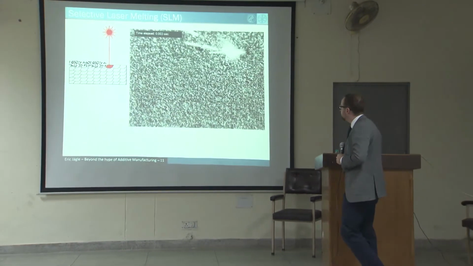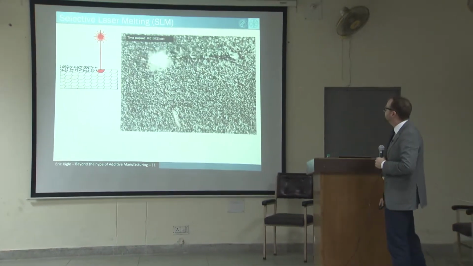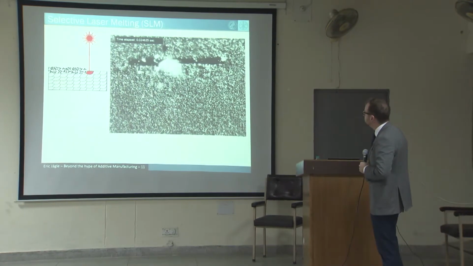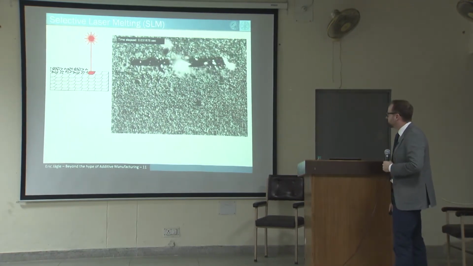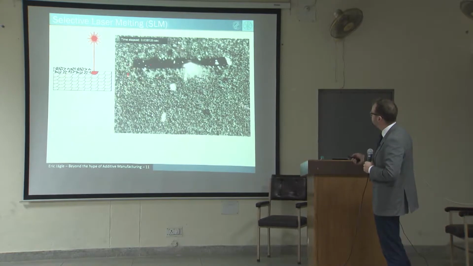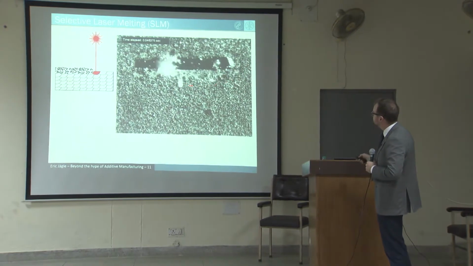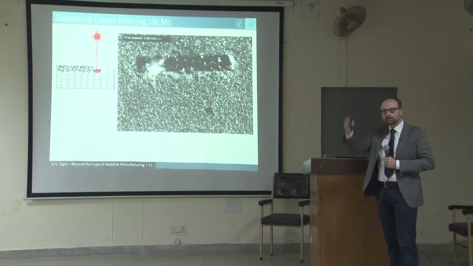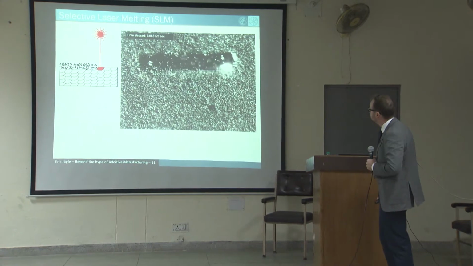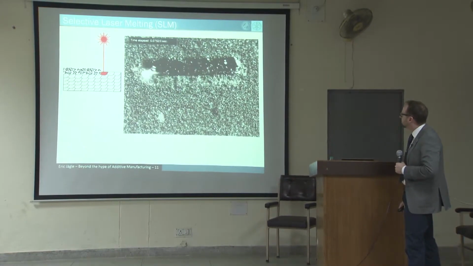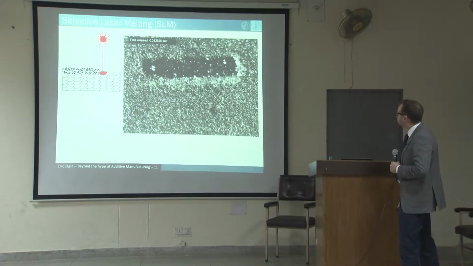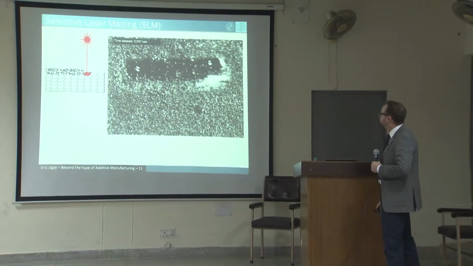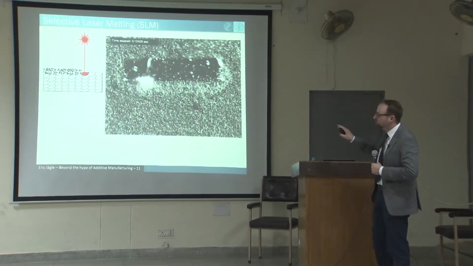Now I brought you another video, and here you see how this process works, not in a schematic but in real time and at high speed. And you see that it's a very dynamic process. You see here how the powder particles get sucked in by the convection of the hot gas that is rising above the melt pool. They follow the laser beam, and nevertheless, most of them get molten and most of them get deposited.